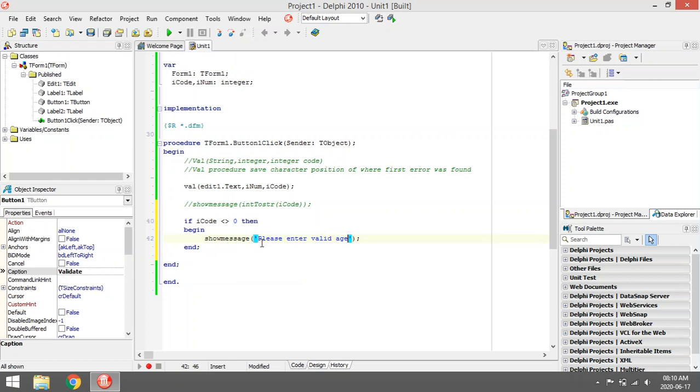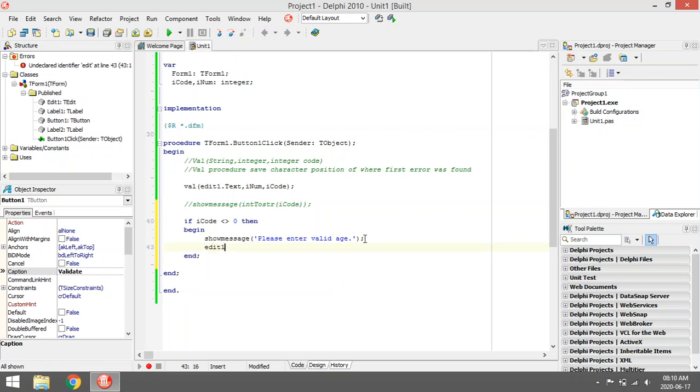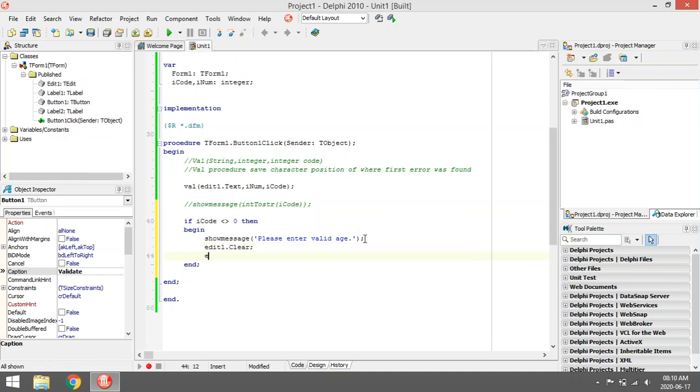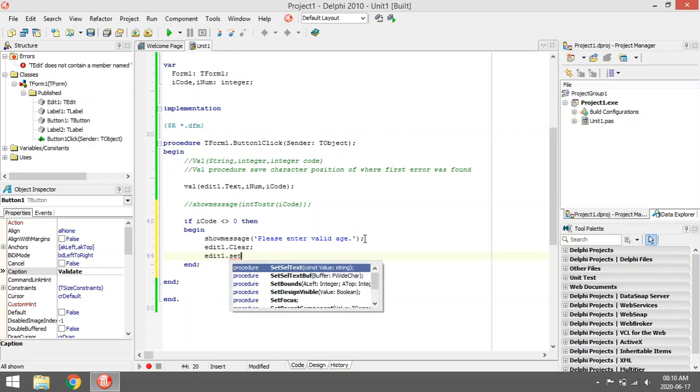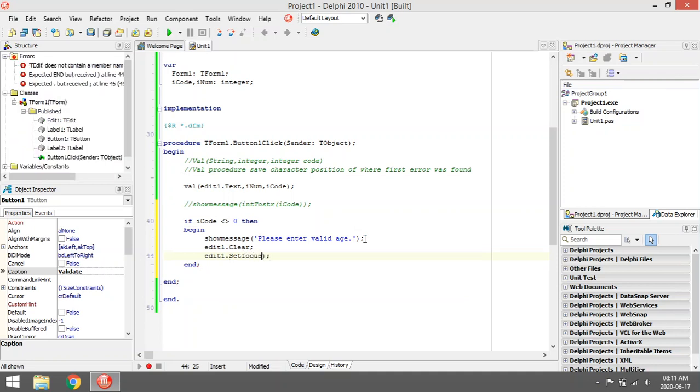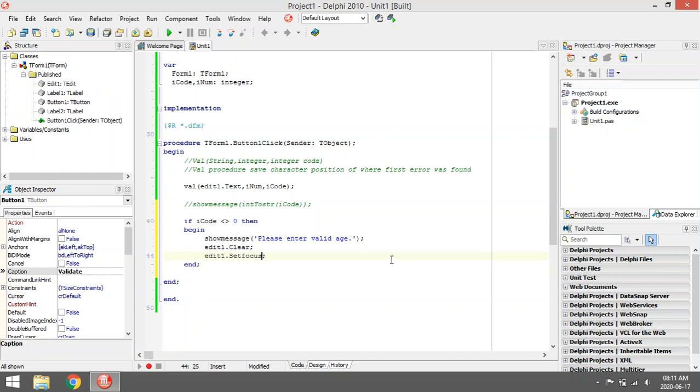Please enter a valid age. You can maybe put the focus back into the edit box. You can clear it maybe, and then set the focus back. Set focus and stop the program from running,